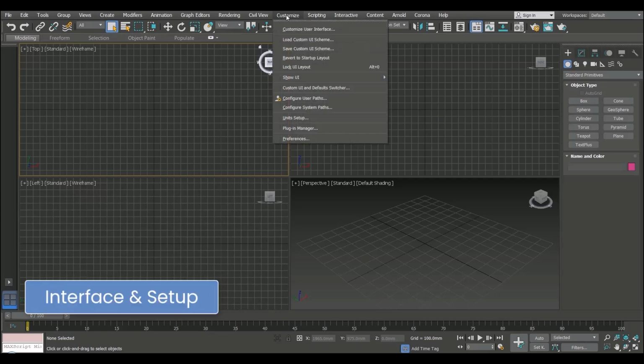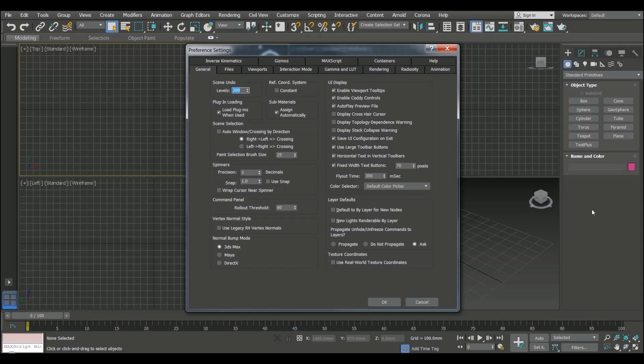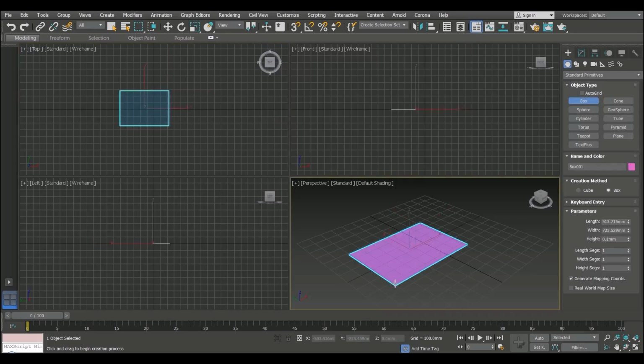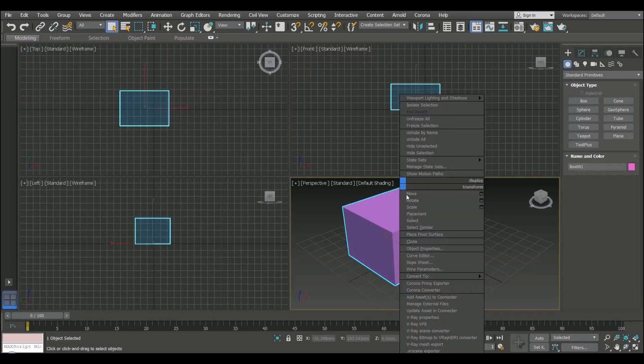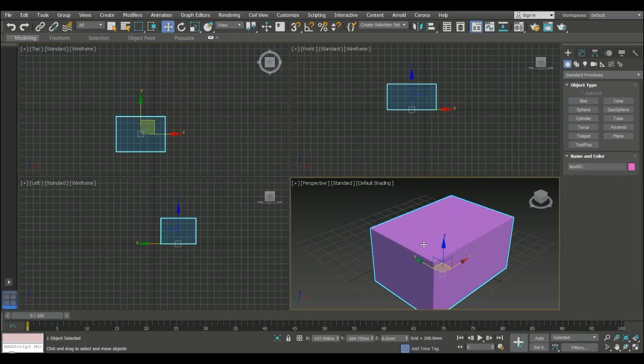Let's take a look at our preferences under customize and preferences. So the first thing we're going to want to do is go to general, and I've set my scene levels. Yours are probably going to be on 20 and I've set mine to 200. So if I hit OK, what that means is if I start manipulating objects and I hit Ctrl Z, it